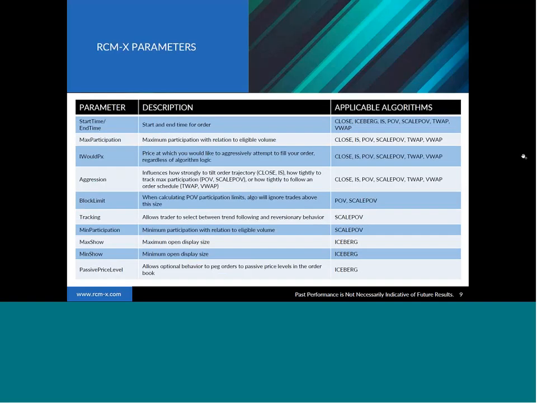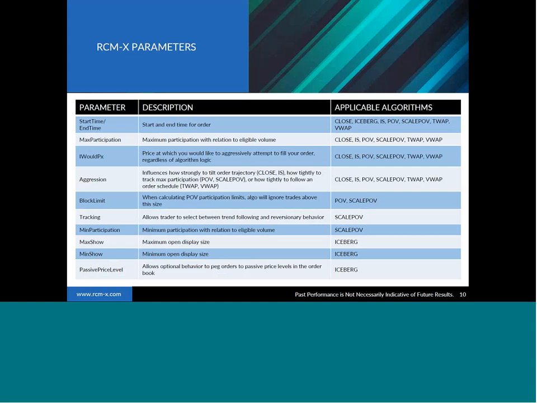And we want to take a little bit of time to go over in more detail some of the parameters that you're able to set for these algorithms. We discussed some of them casually on the previous slide, but just to go over some of the ones we didn't hit on. For every algo, you can specify a start time and an end time. For the benchmark algorithms like VWAP and TWAP and close and IS, the algorithm divides your total quantity from the start time to the end time based on the scheduled percentages. And for algorithms like POV and iceberg, which just try to get as much done as they can over time, the order will give up once end time is reached.